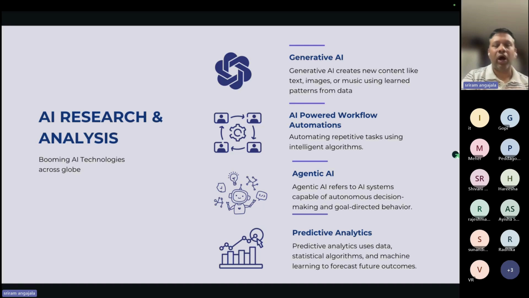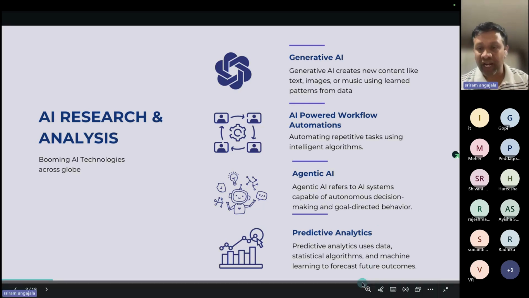People want to automate the complete call center, because you might have seen nowadays call centers use ChatGPT and chat, and if the call is automated, which is good. But the problem is, if it takes a decision in a wrong way, if this particular agentic AI is not tested properly, it will have a lot of impact. That is where the testing of AI will come into the picture. And finally, predictive analysis of the data. For example, you can use AI to predict some kind of